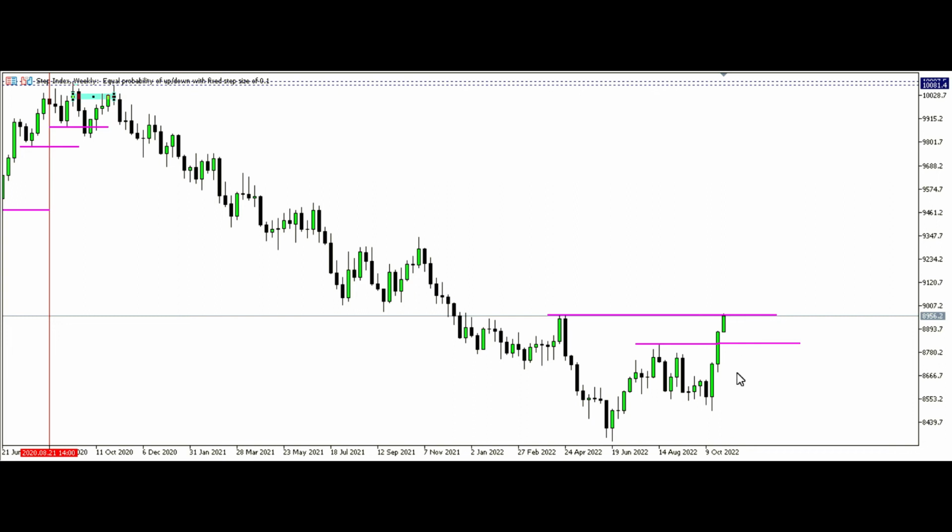Where we can take trades. Retreat down here. Price can necessarily come into a good